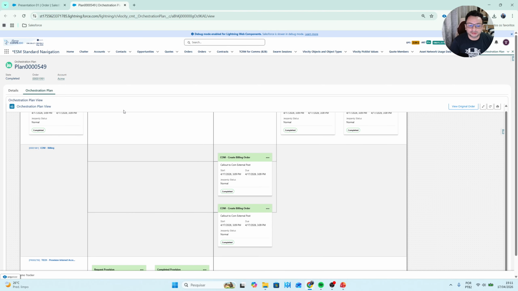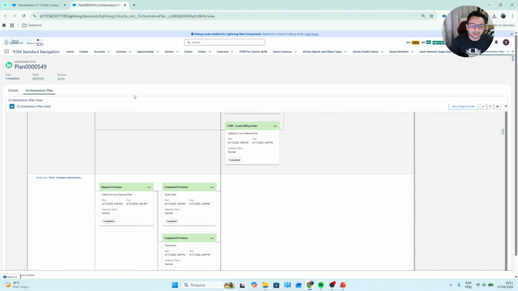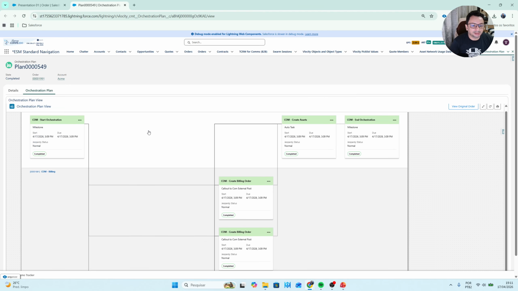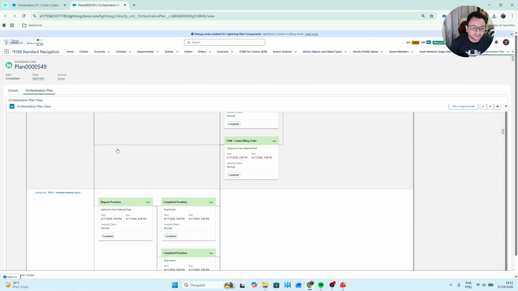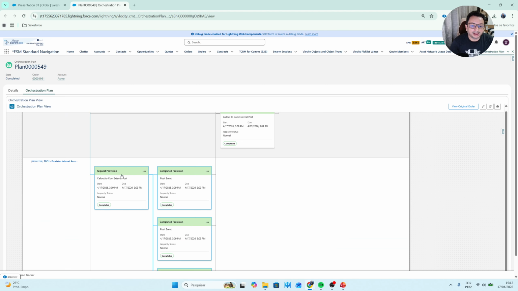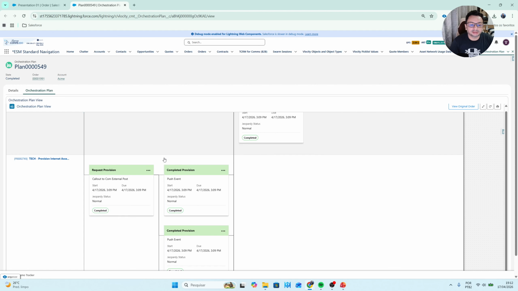So I start by orchestration, and each card like that is an orchestration item. It means an activity that needs to be done on the orchestration plan. So I start my orchestration, and then I had